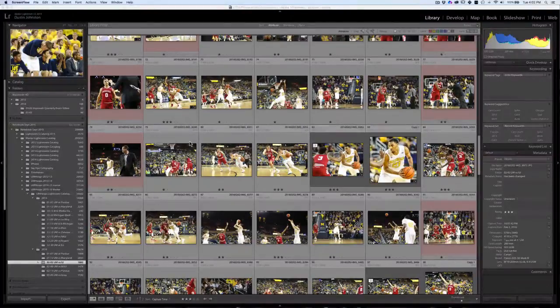Today we're going to cover something that's seemingly simple, but there's a lot that can go on with it. So we're going to go over importing and all the things that you can do on the import of the photos. So here we are in Lightroom, and what I'm going to do is insert the memory card into my